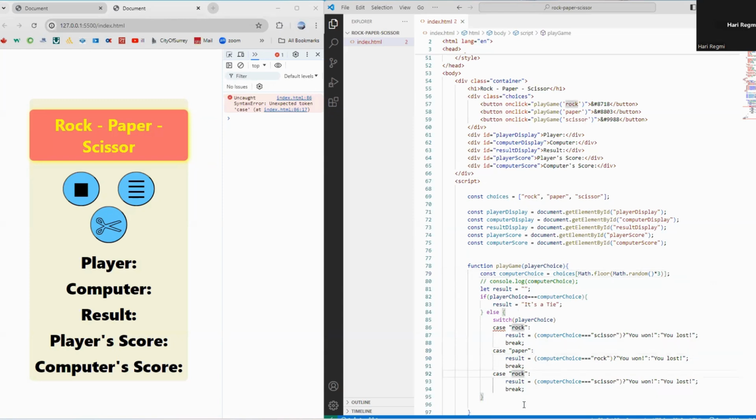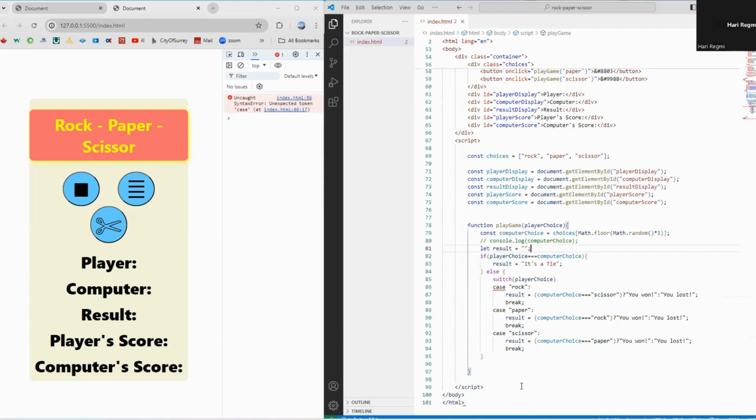If user choice is scissor and computer choice is paper, you won. If user choice is scissor and computer choice is rock, then you lost. Okay. This is if, else, switch, and case statement, and I think you have better idea how to use these statements. Okay,